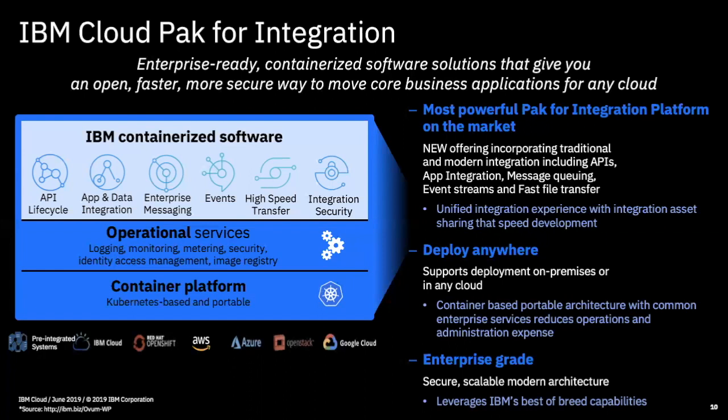On top of that, we provide all the integration capabilities around APIs, app integration, the enterprise messaging, events, which are Kafka, and high-speed data transfer as a part of it as well, all packaged with integration security built in. And this is critical because, again, when you start thinking about these projects, and I mentioned this before, those chains of integrations that you use today, there will be varying different kinds of integration that I use based on what kind of project I'm on. And so having that breadth of capability that really encompasses all of the means of integration really allows me to have that toolkit that I can really rapidly get to the type of integration I need.